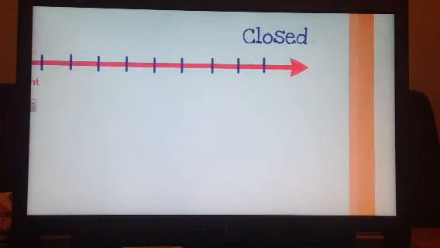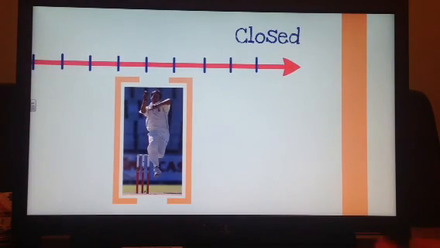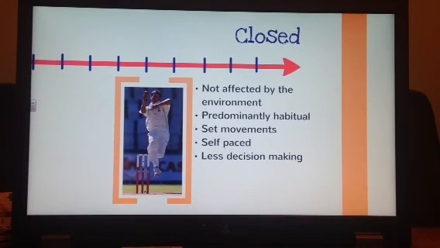Now at the other end of the continuum, the closed end, the bowler doesn't have the decisions to make. The bowler is really not affected by the environment. They can do the same run-up every time, and therefore it's predominantly habitual. They measure their distance, they do the same technique with their bowl, and they make all the decisions. They decide whether they like it to be a spin bowl, a fast bowl, they're trying to get some swerve on the ball. So all the decisions are down to that person. So it's set movements, and it's